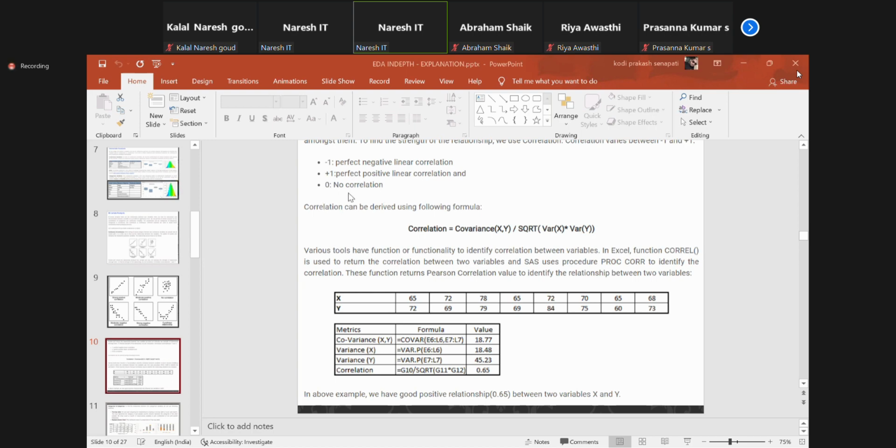Great. Now, -1 means perfect negative linear correlation. 0 to -1 is called strongly negative correlation. 0 means no correlation. 0 to 1 means strongly positive correlation, isn't it? Okay, this part is clear.